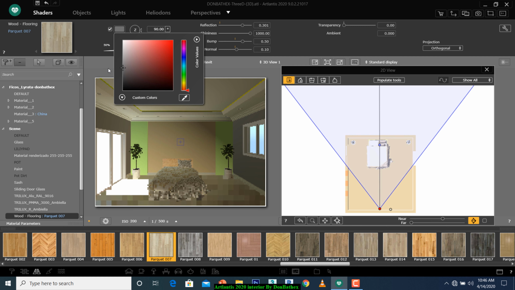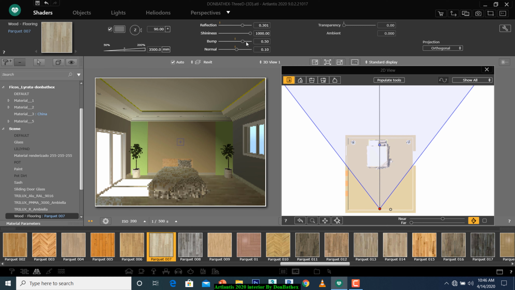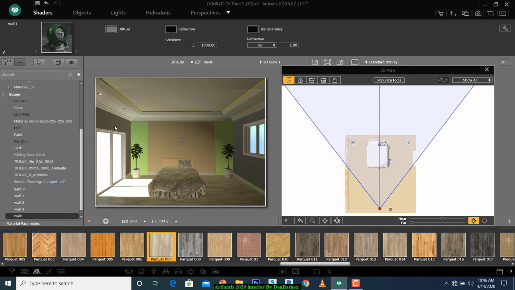You can see how it changes. So you can add a bump here and increase the displacement, then the reflection and the shyness. I think they are already working over here, so that's good enough for that. Then same as applying the colors,